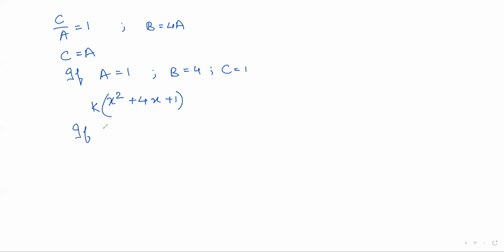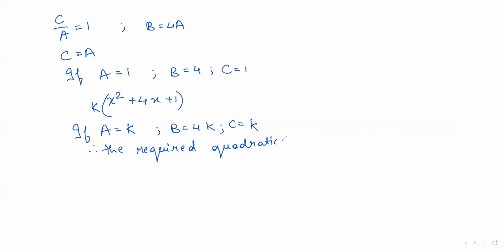If a is equal to k, then b is equal to 4k and c is equal to k. Therefore, the required quadratic polynomial